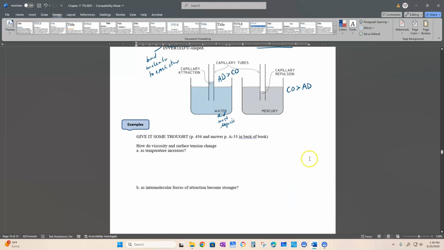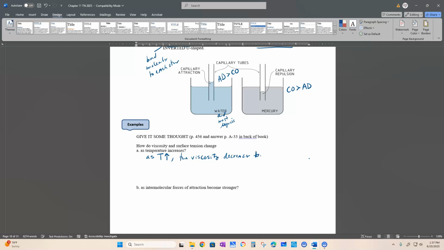What we've talked about so far with viscosity and surface tension. Okay? How can temperature increase and affect viscosity and surface tension? Okay? So, as temperature increases, the viscosity, remember what viscosity was about, the resistance to flow. The viscosity decreases